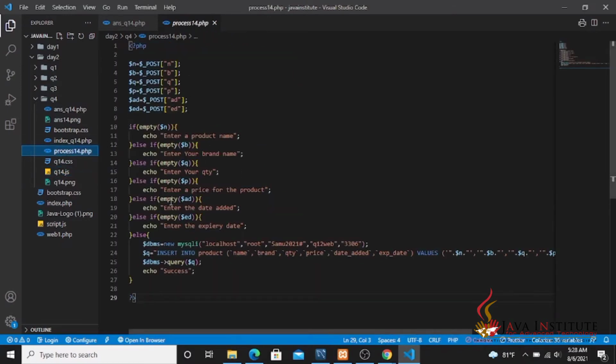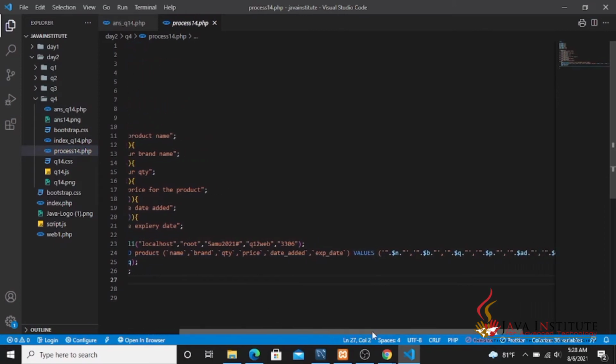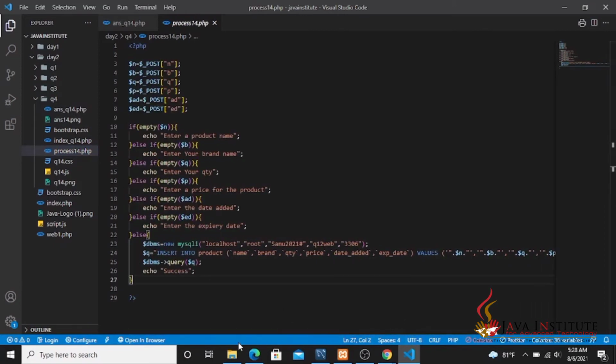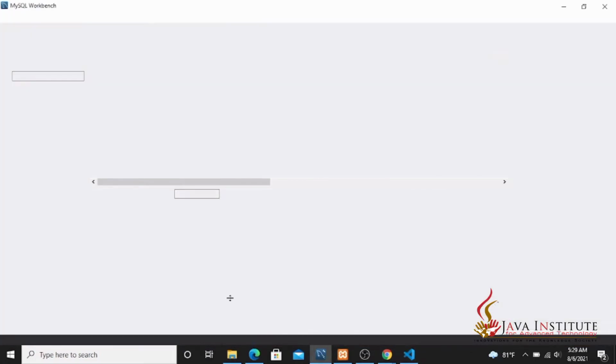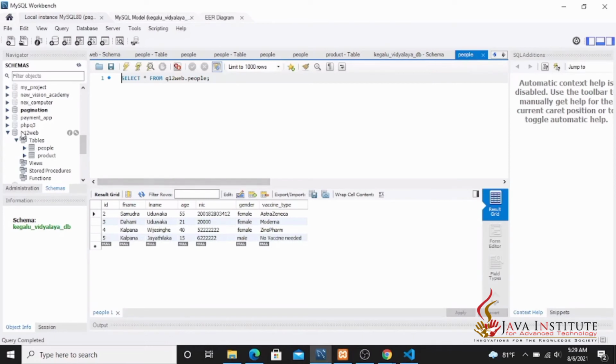You can see this is the way that I have made the validations, and in the else condition I have inserted this data to the database table. Here I show you the database table that I have created. This is the schema. Under this schema I have created this product table.